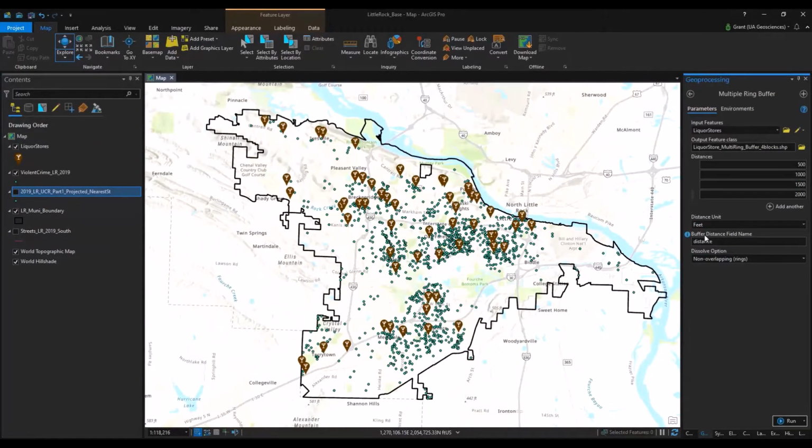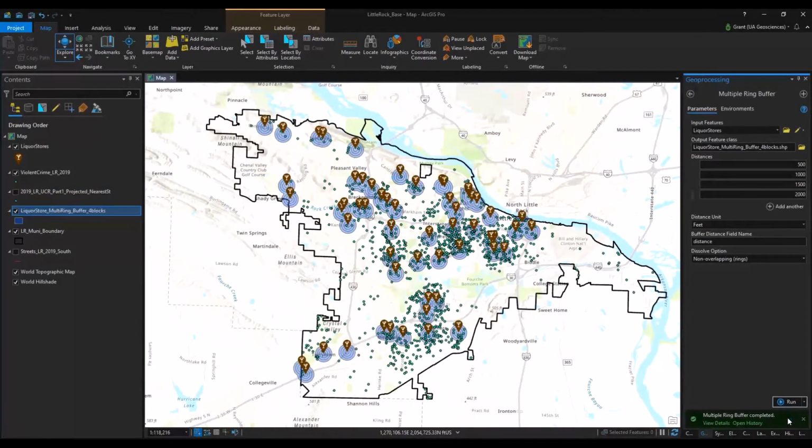It's going to make a field for us, so it's going to be the add field part. Non-overlapping means that it's going to dissolve essentially the buffers that overlap for us. I'll zoom in and show you some of these. If not, you can have the overlapping disks. Keep in mind you can double count depending on what you're doing with it on the back end. Now if I just click run, it's going to generate that multiple ring buffer around each liquor store for us, just like that. So if we zoom in,